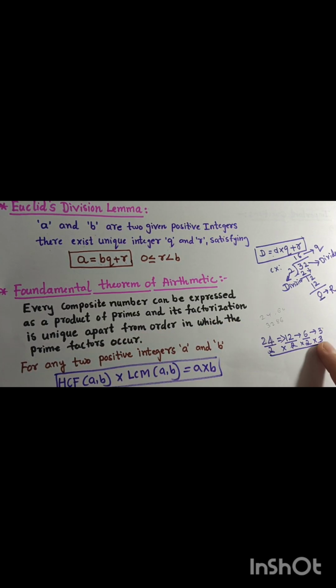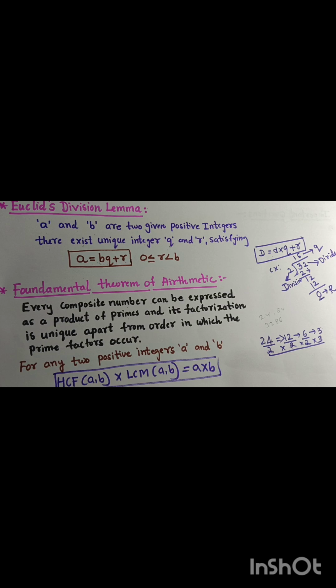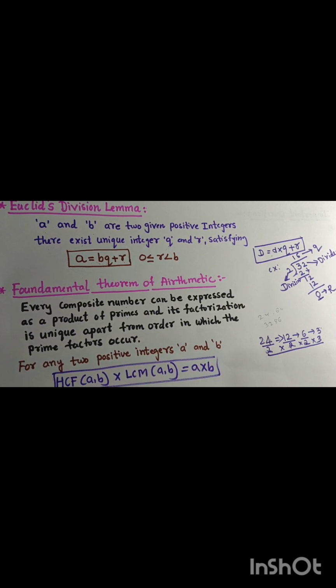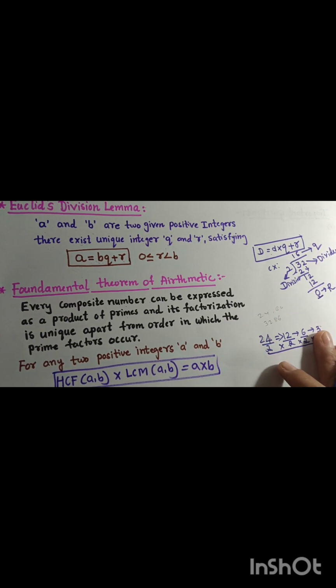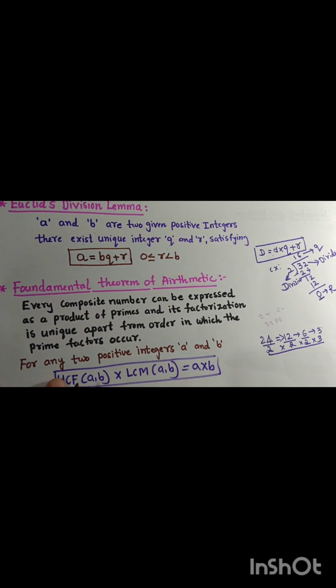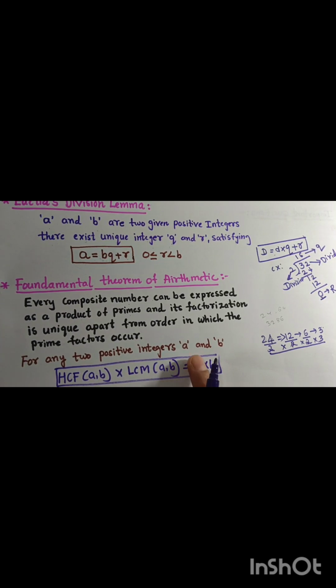Sometimes we take 3 also, because it is divisible by 3 table also. 3 8s are 24, correct? We started with 3 also. Sometimes we start with another number also. You don't worry about the order of the factors, but you see how many times the prime numbers occur here. Okay. Now see, for any two positive integers, here also they given a and